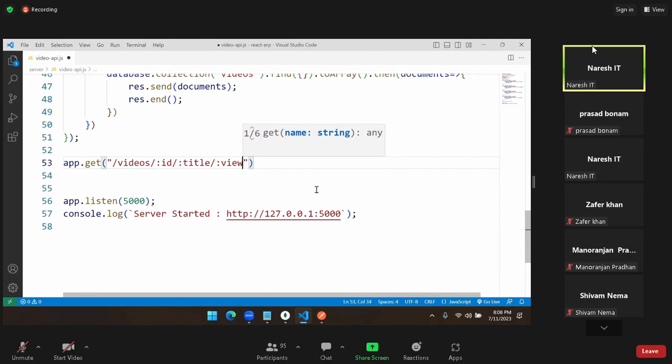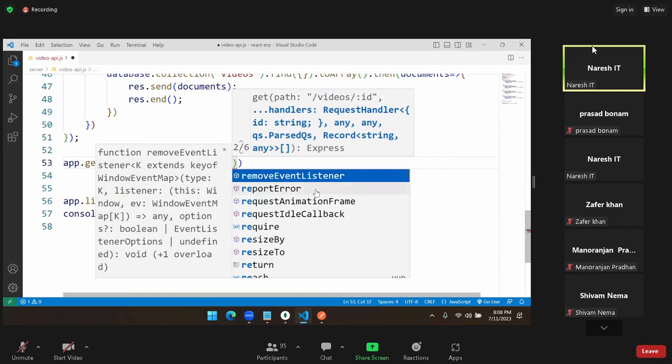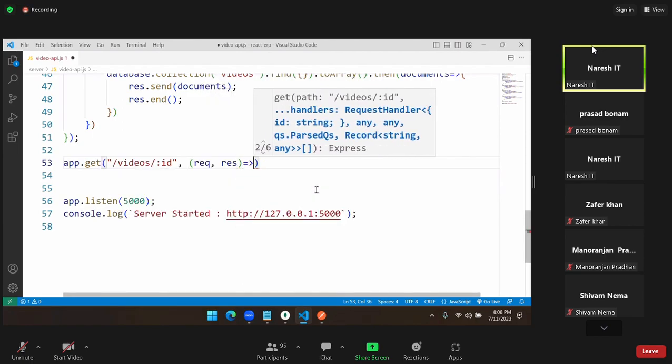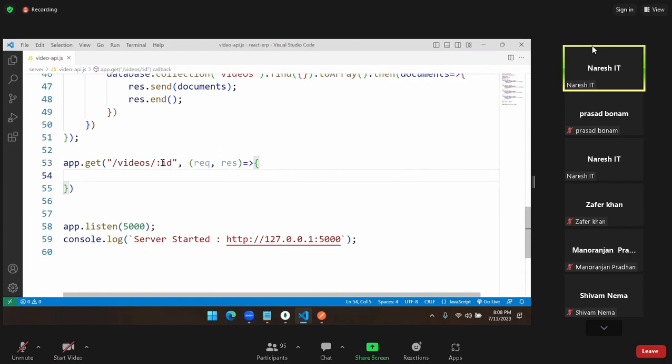Currently, we need only one parameter. What is it? ID. Now, what we have to do is request and response. I need to collect this parameter. How is the parameter passed? Remember, parameter is declared like this: videos /: ID. How is it passed? That is formal. What is actual? Actual is videos